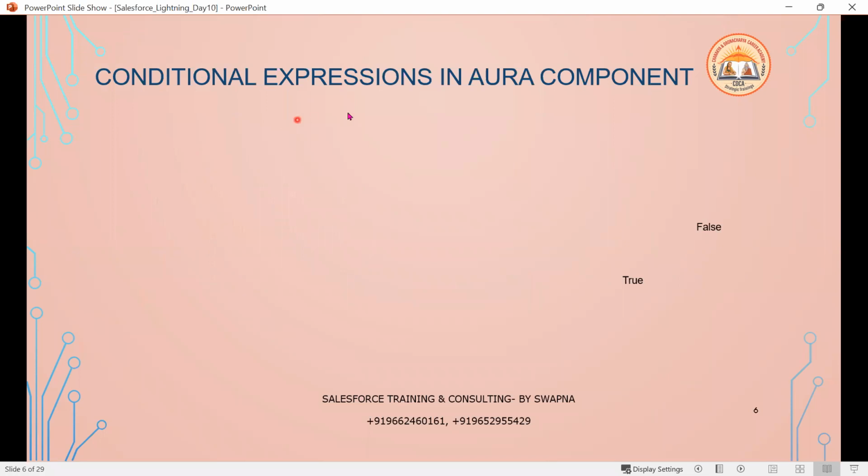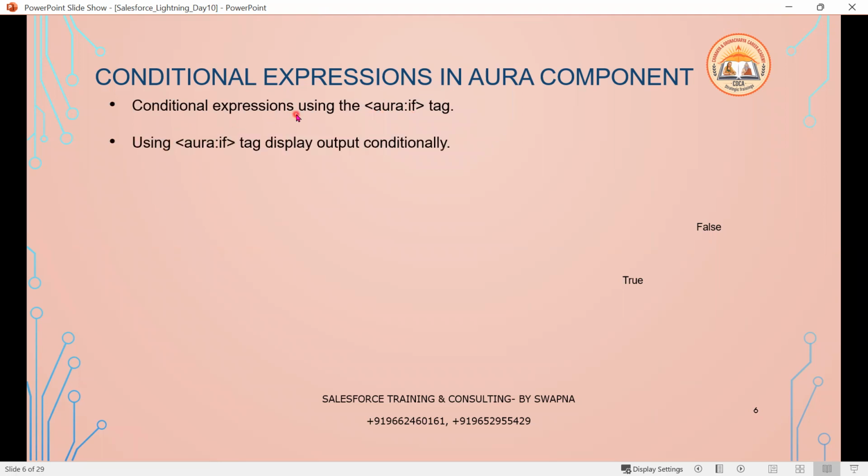Now here, conditional expression in Aura component. So conditional expression, everybody should be aware of conditional expression. What is this? Conditional expression is how we can implement conditions in the Lightning component using aura:if. We have a tag called aura:if. By using aura:if, we can implement conditional expression. Right? So using the aura:if tag, what will happen? It displays the output